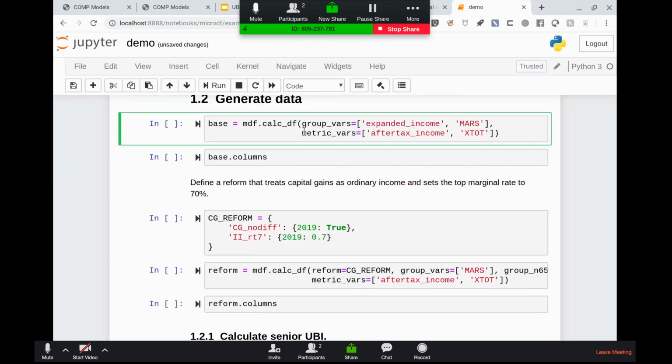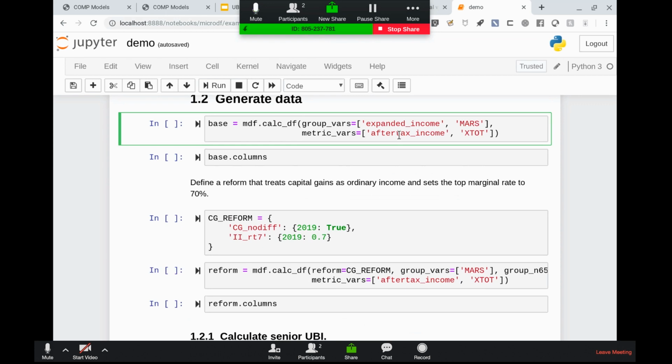So this has no parameters except the group variables, which just means you don't want to aggregate those variables. It's basically everything except the metric variables that you want in your output. And then metric variables. So this is going to give you the raw after-tax income, as well as a weighted version, which is specified as after-tax income underscore M. So that's going to be in millions instead of just the raw amount. So that's basically how much total after-tax income in millions does that microdata record represent.